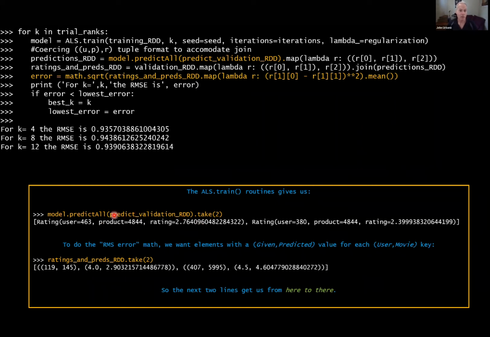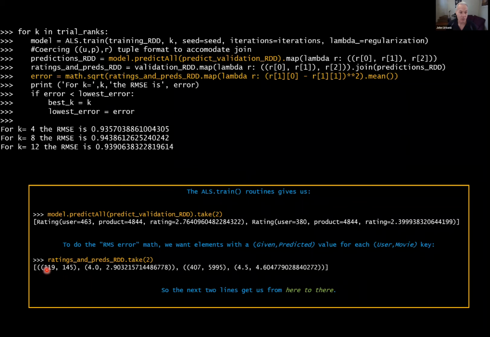But what I want to do is to see if our value of K is good, so we want to find our error. And we defined our error earlier. We said an error that we're going to like is to go element by element and look at the root mean square difference. So what I'd like to have at the end to compare things is, for every single user and movie in our predictions RDD, the ones we set aside earlier as test data. So here's our test data we set aside earlier.